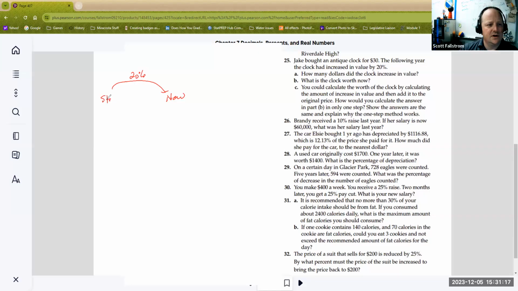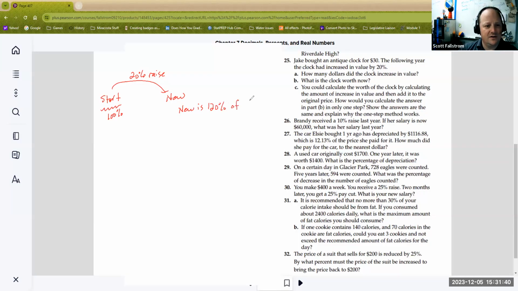Here's what we started at, and there's your new. So this is a 20% raise. That means you got everything you started with, which was 100%, plus you got an extra 20% on top of it, which means your new salary, new, is